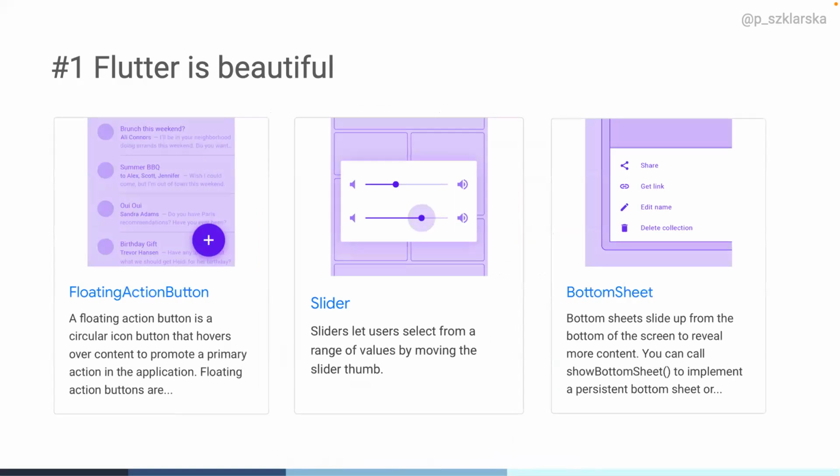For example, there is a Material Design widget catalog that has all those UI components, like floating action button, slider, bottom sheet. All these components that you know from Android are ready to use. So you can just grab them and customize them.